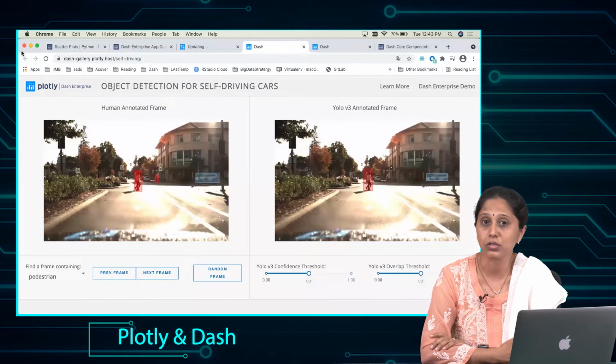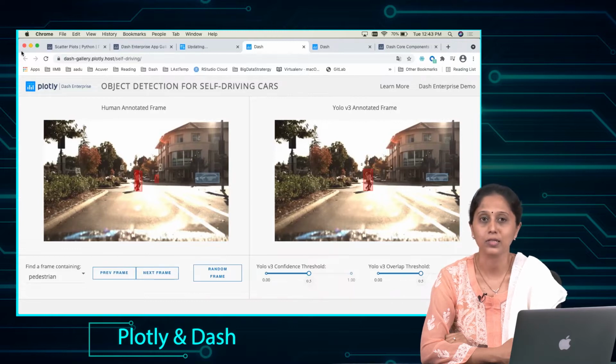To build these awesome dashboards, all we need is to understand three pillars on which we build the Dash application: Dash components, Plotly graphs, callbacks. Let us look at each of these components.